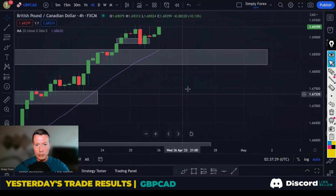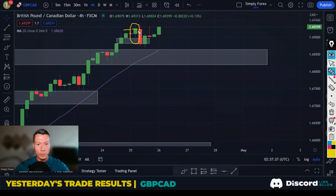So this is the H4 candle that I got in on, because the body of this candle broke these previous highs. So I thought we could continue this momentum back up to that 17,000 level. If I show you that on the H1 chart,